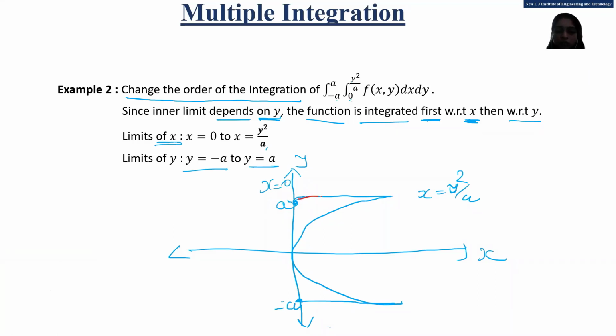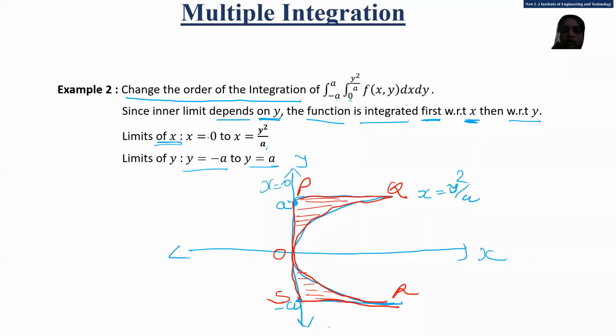The region of the integration is this area, which is covered by this parabola, y equal to a, y equal to minus a, and x equal to 0, right? If I give names, suppose this is P, this is Q, this one is R, and this one is S. This is my origin. So my region is PQRS. This whole part. My region is not divided into two parts here.